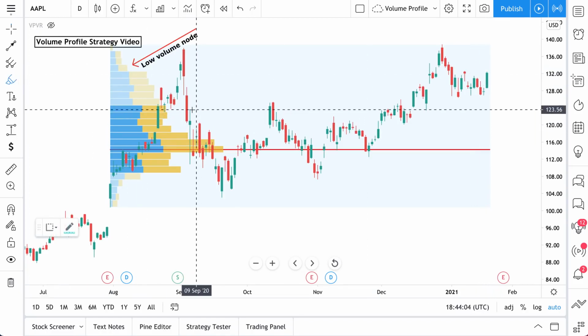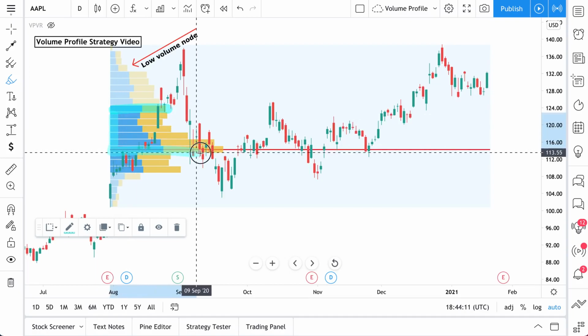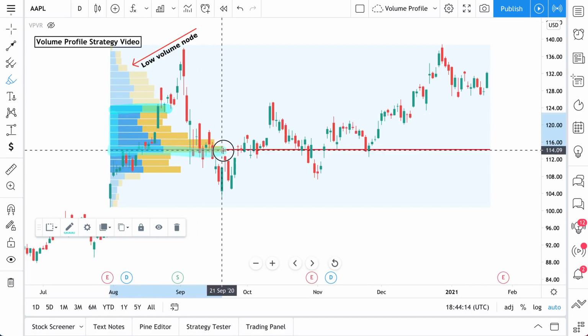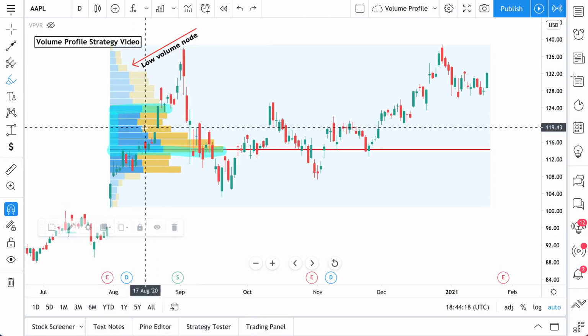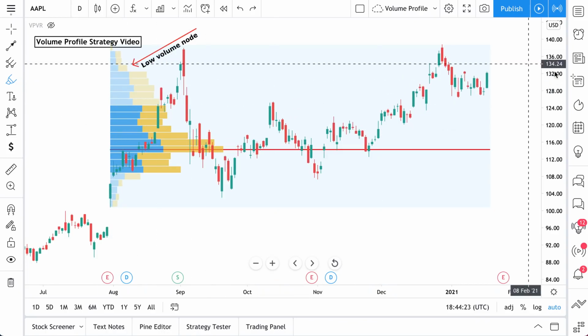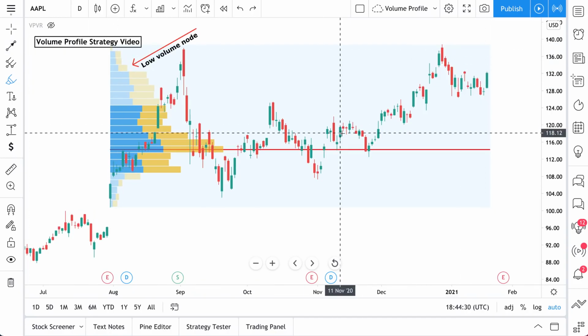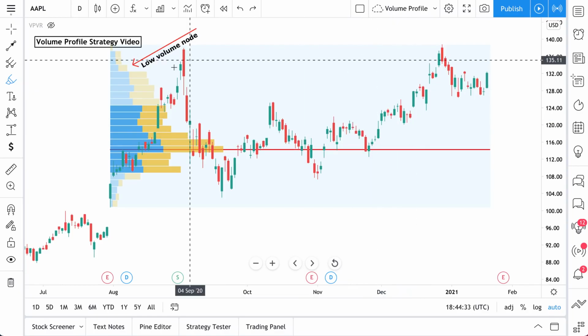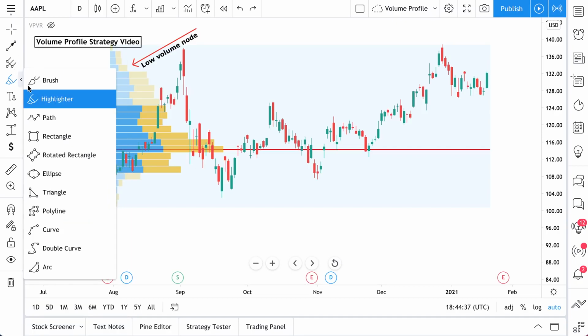We'd rather get involved when there's more volume. The price levels that seem to get the most volume are right here, it looks like, $123 per share. And we can see these bars take us all the way down to about $114 per share. So this seems to be the better region. And that's how we're going to use these volume profile bars to make a better decision. Rather than just blindly buying here without doing much research at all, we're instead going to sit on our hands and we're going to make a calculated decision that, if price does the same thing that it did before,